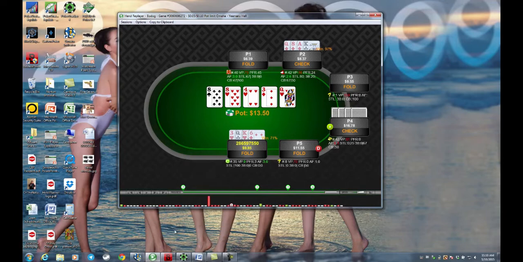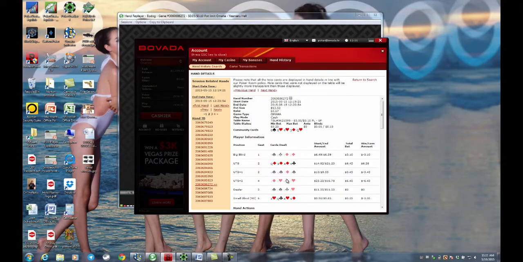Now, player number 4 here, it doesn't show here, but if you look in Bovada, here's player 4. He had 7, 7, 8, 9. So he played the hand. The 8 was much more primary to his hand. He has 7, 8, 9 with a pair of 7s. So he has a very coordinated hand, could make a straight or something, and the 8 is primary to his hand. He also hit trips on the flop, but he didn't, of course, fill up, didn't get a full house. He did hit a flush on the river, although it's only a 9 high flush.